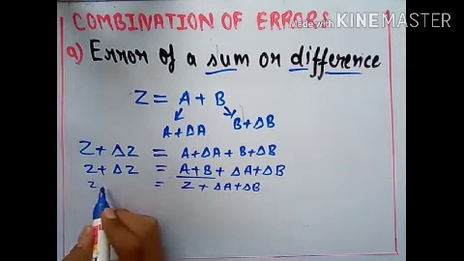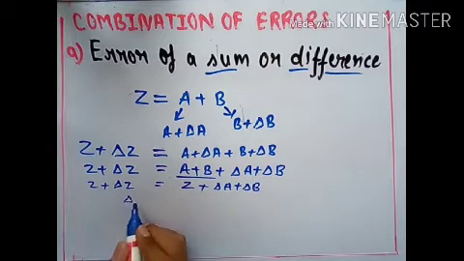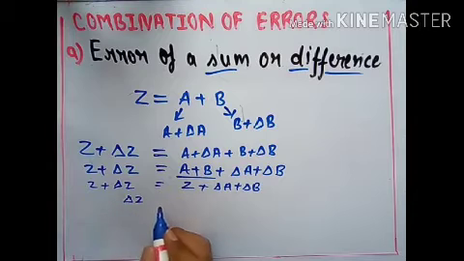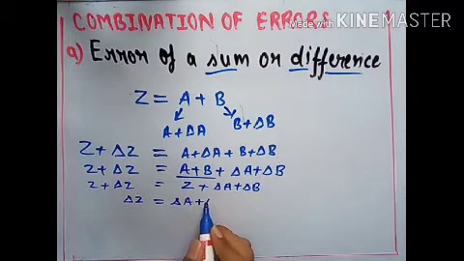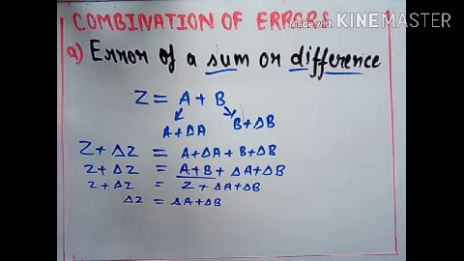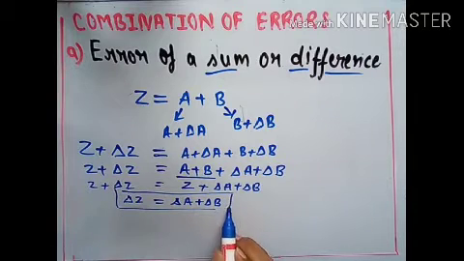And then thereafter z plus delta z. Now two sides z you can cancel easily, then delta z becomes delta a plus delta b. Do you understand? Okay, so this is the final value where two errors